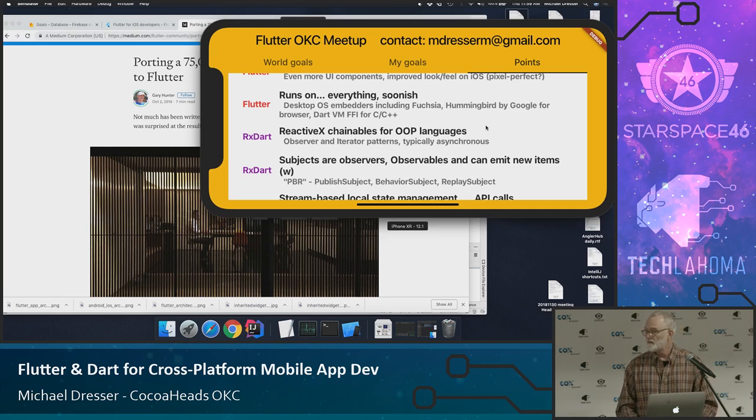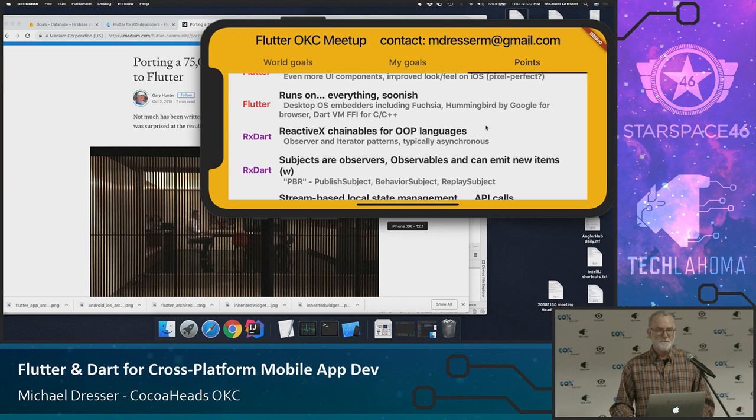Okay. Yeah. So what does integrating third-party libraries look like, maybe something that's already written in Swift or Objective-C? Is that doable, or would you have to find a Flutter equivalent? The question is, what about third-party libraries, particularly something written in Swift, for example. Could you simply, I'm sure the question wasn't this naive, could you simply import it into Flutter? And the answer is, not that I know.